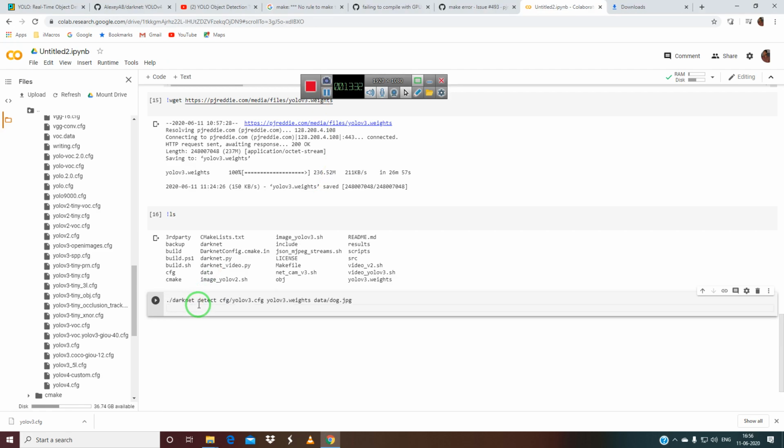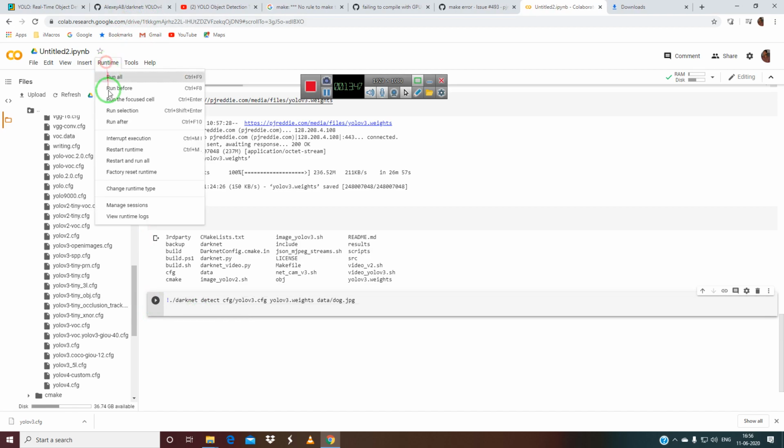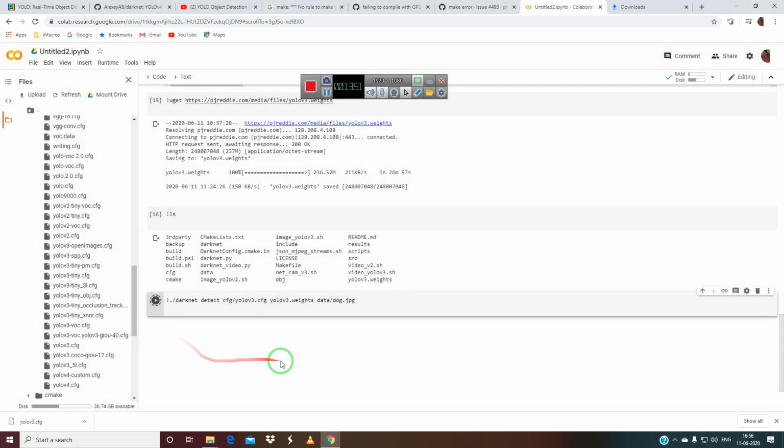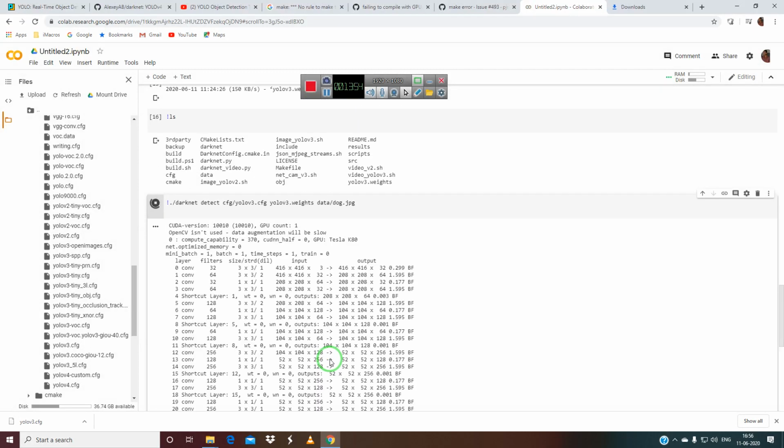What this is saying is that you have to detect the dog in the image. So you give an exclamation mark and you just run it. You can see that the runtime is on GPU, so it should be fast. Let's see how much time it is taking.